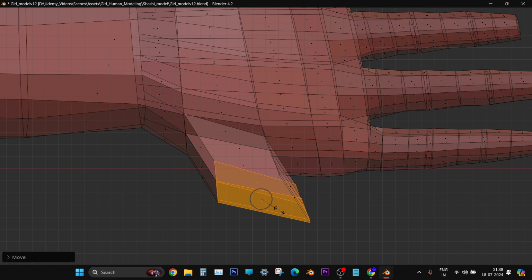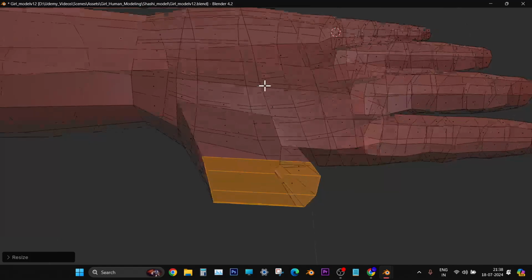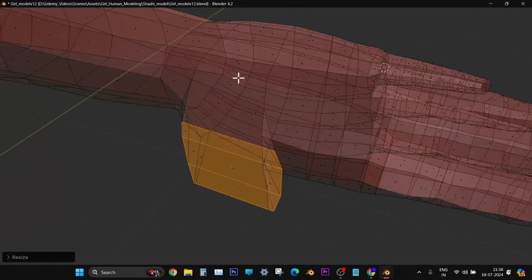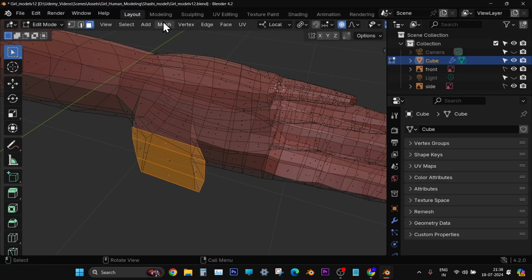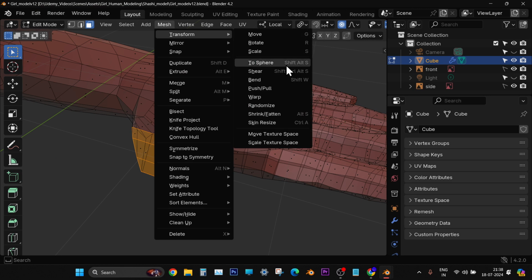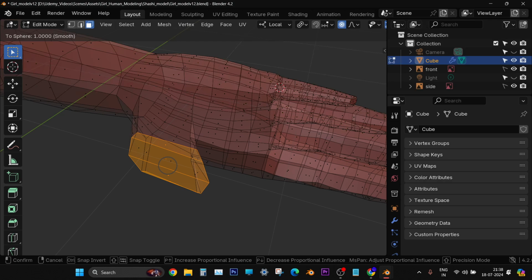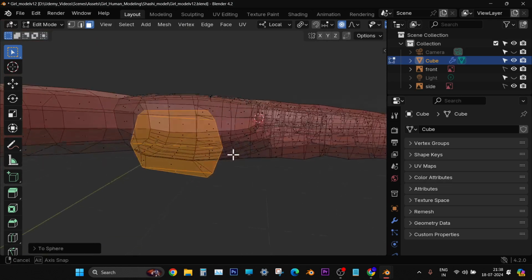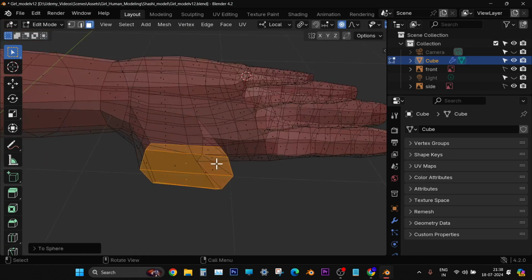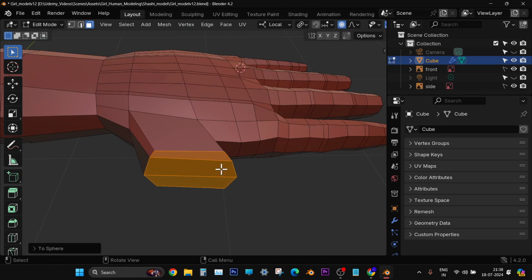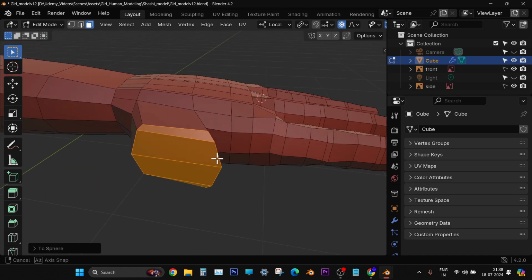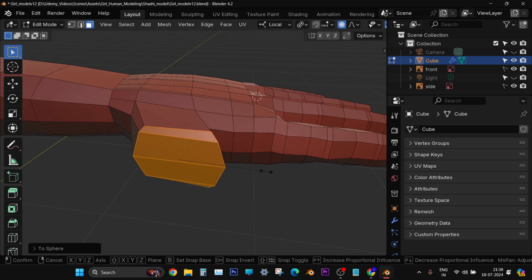Press S and then Y like this, and then we are going to make it a bit circular. So let's go to mesh, transform, sphere. We have to work manually also. Press this, and then